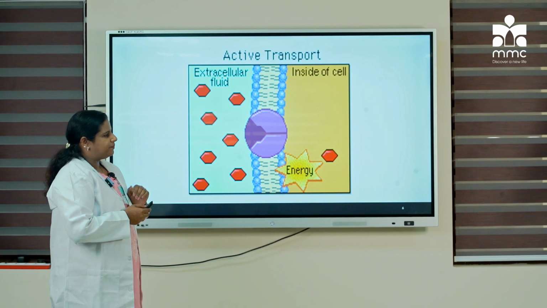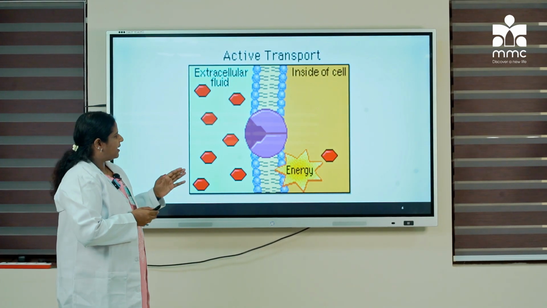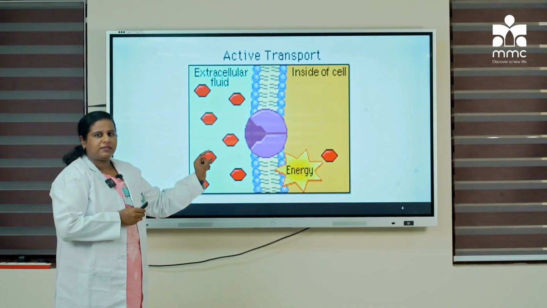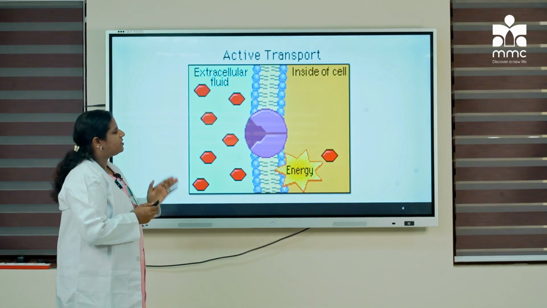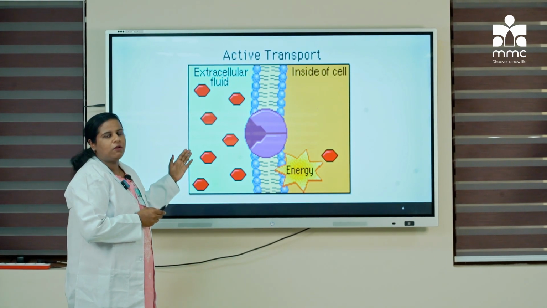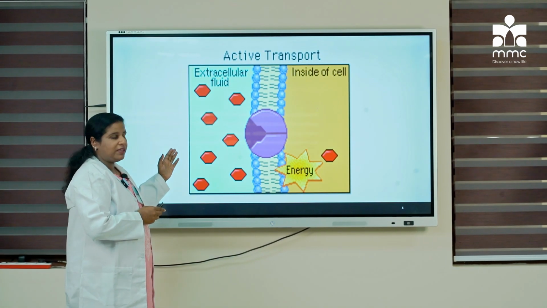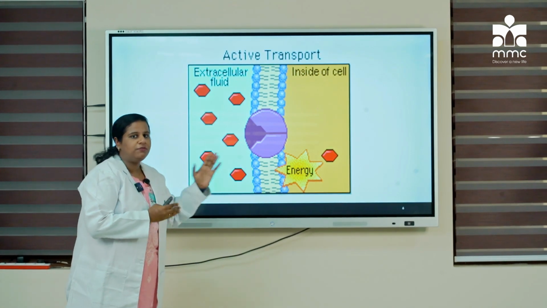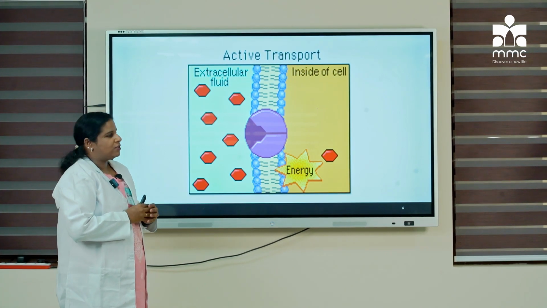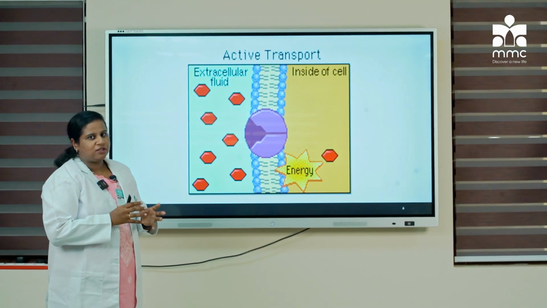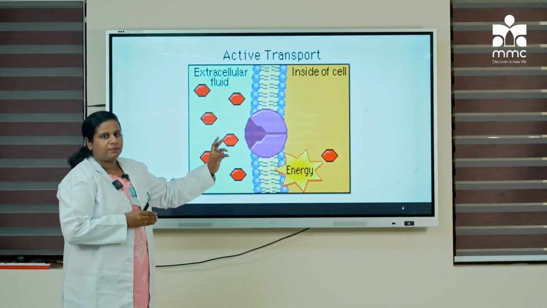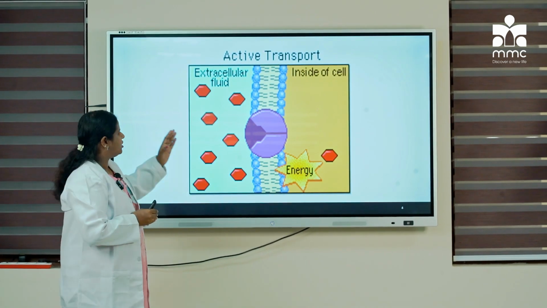Here, to make it more clear, you can see that on the intracellular side of the membrane, there is one little red molecule, while on the extracellular side, you have many such red molecules. By all known laws of physics, the movement of the red molecule should be from the area of higher concentration to the region of lower concentration. But here, in active transport, the cell is actually expending energy, or breaking down ATP molecules,